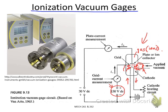we can actually measure the grid current. So that's the grid current we can measure, because this current is a result of this ion gas flow and the free electron flow. So if we have a higher density of the gas, we will have more ionized gas molecules, and then we will have a higher current. So by measuring this current value, we will be able to correlate or calculate the gas density, therefore the vacuum